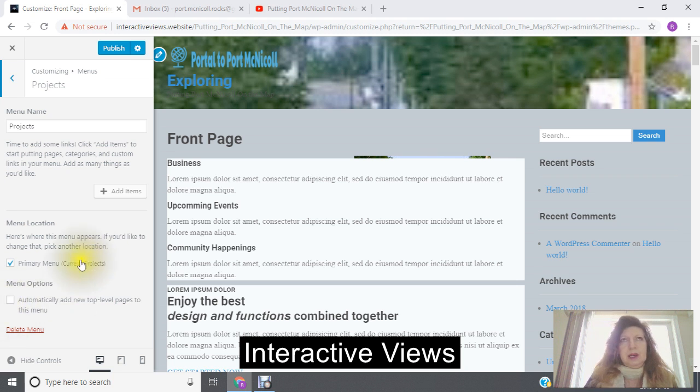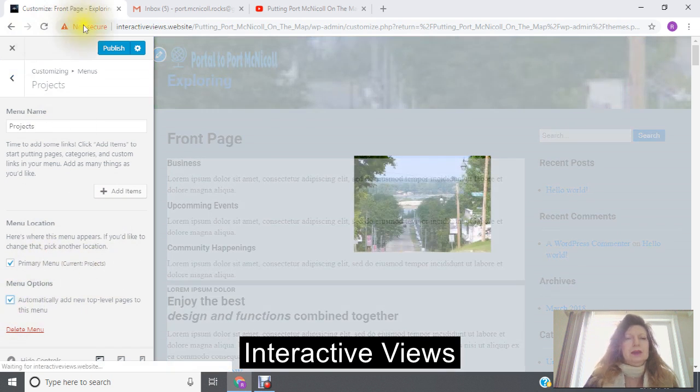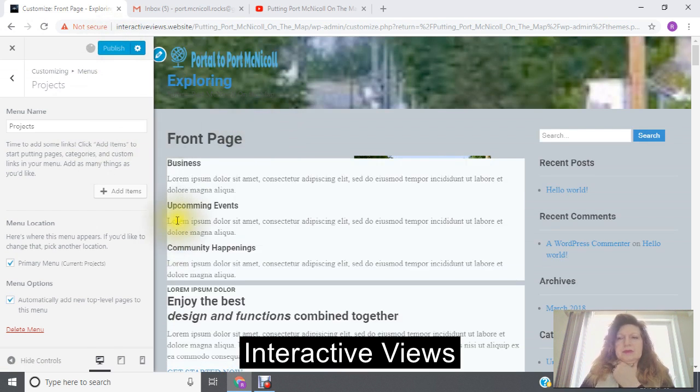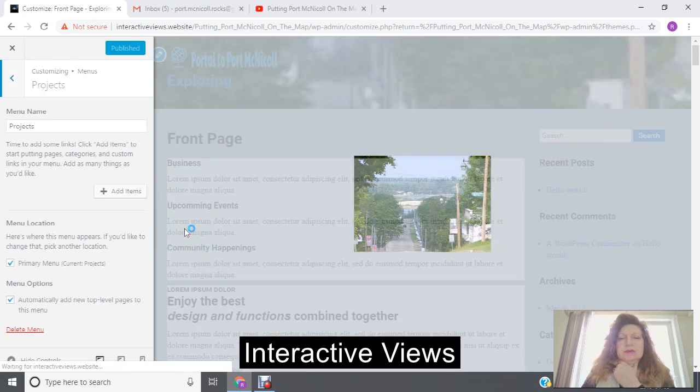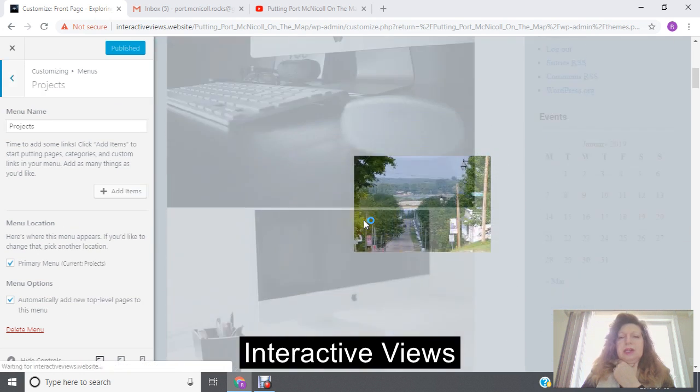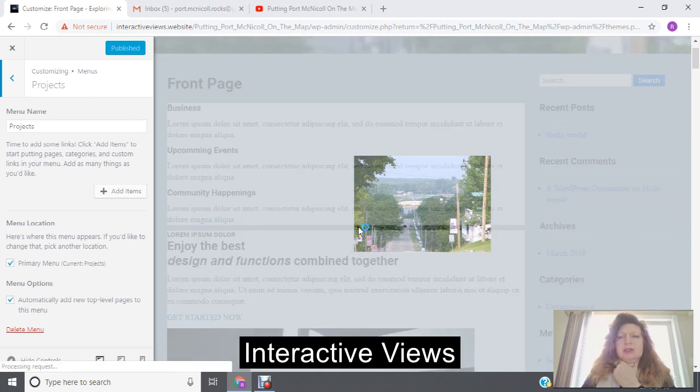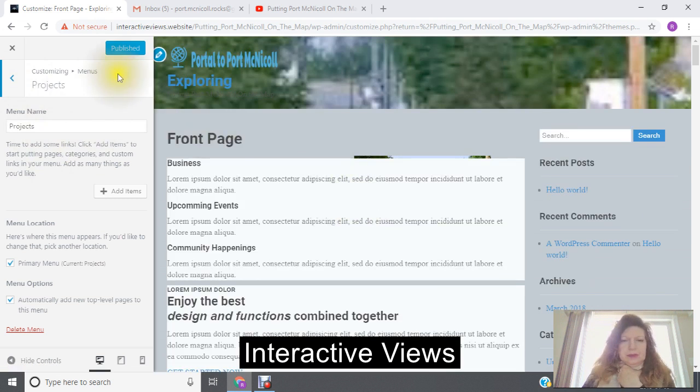That's every page that I do is going to be added to this menu. So I'm just going to click that, and I'm going to publish it. See how this is scrolling with the page like I asked it to? Okay,